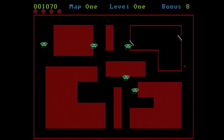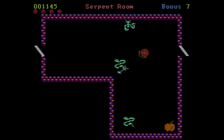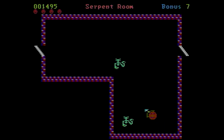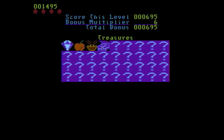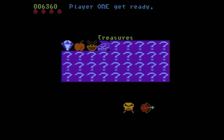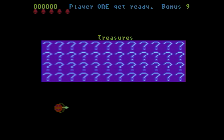And so progressing nicely onto the final room, the Serpent Room. So many different enemies with different attack patterns, and you know, the difficulty ramps up depending on what version of the game you play. So for sure, this is a challenge. And so the goal is to gather all the treasures of every stage. You can choose which stage you start on, so it's kind of nice for practice. But yes, pretty awesome. All right, let's go ahead and show you the XL and XE version of this game,